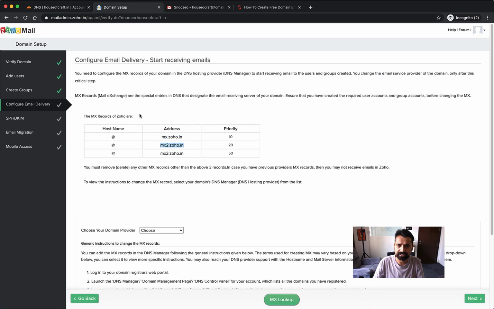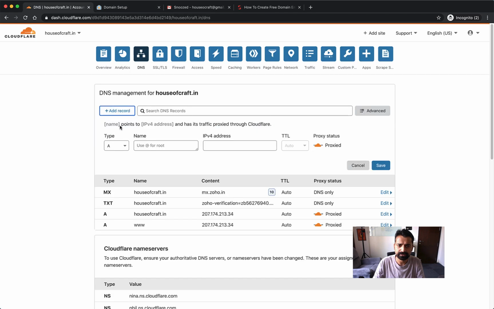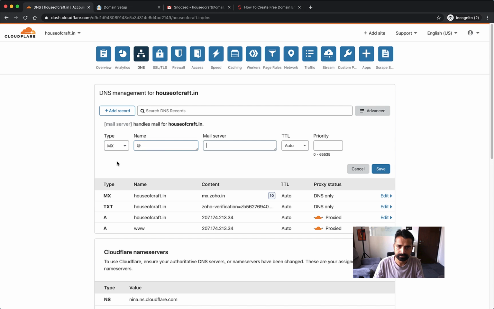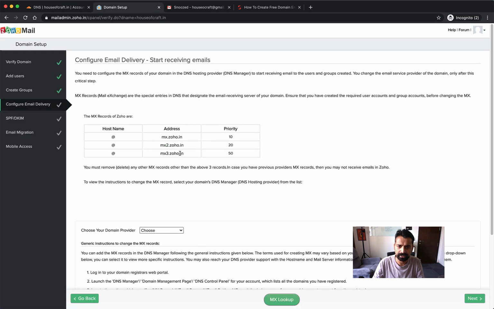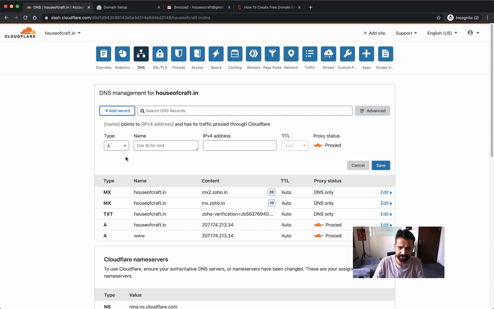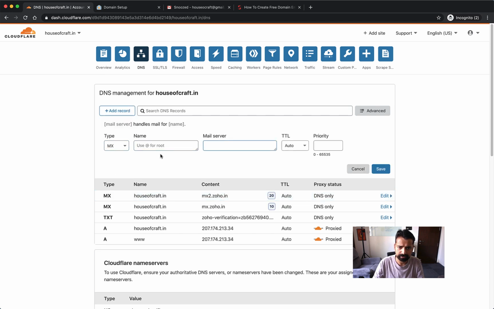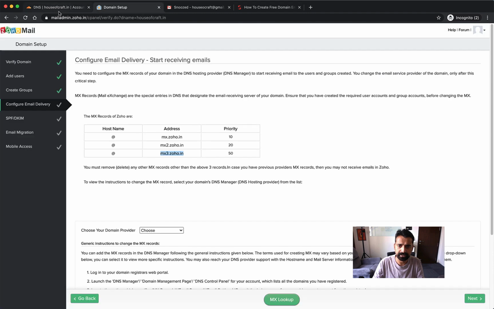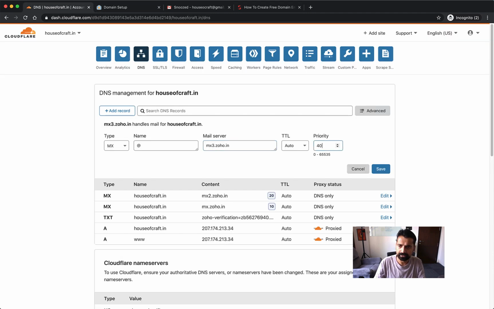Similarly, we add the second MX record, which has a priority of 20. Let's do this. And now let's add the third record, which has a priority of 50. Just let me confirm. Yeah, that's 50. And that's it.